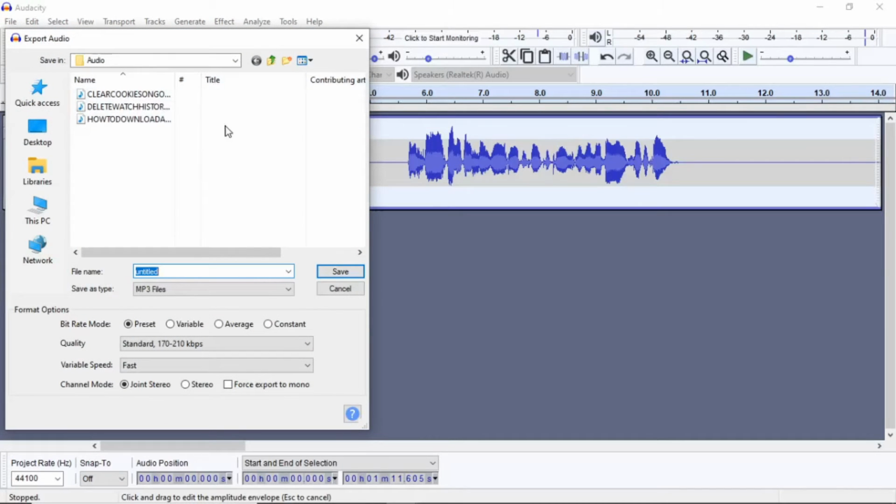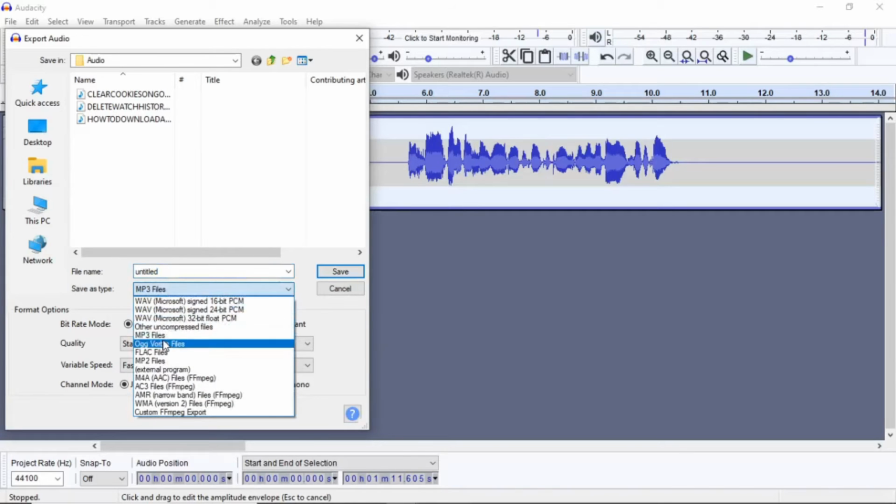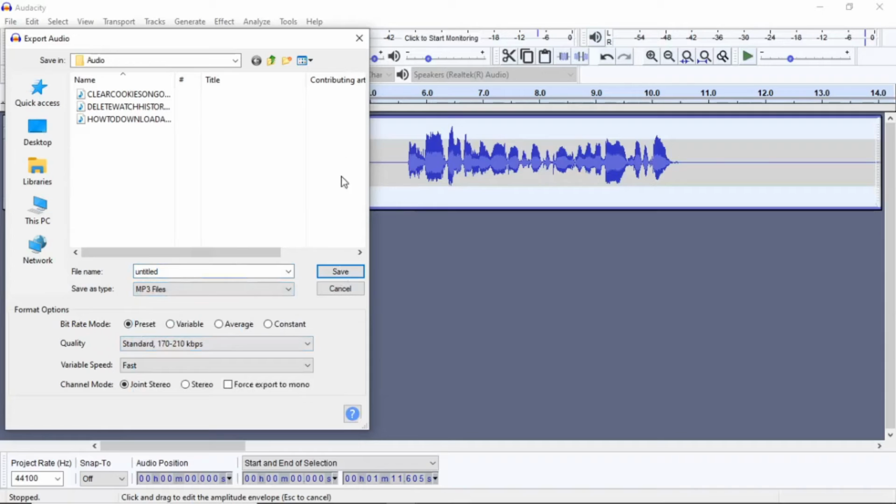So once you've done that, all you need to do is click on the file name and give it a name, title it whatever you want so you can find it easily. Then save as type, it's always going to be MP3 files, because obviously that's what you are recording in, and that's how you need to edit it in your editing software once you've recorded. Then bitrate mode, just leave it as preset, and quality, leave it as a standard 170 to 210